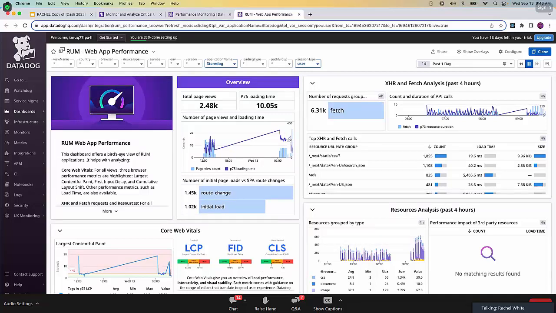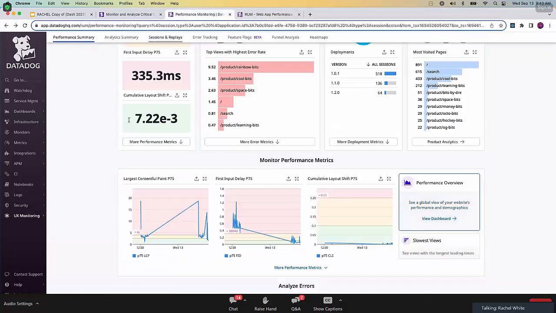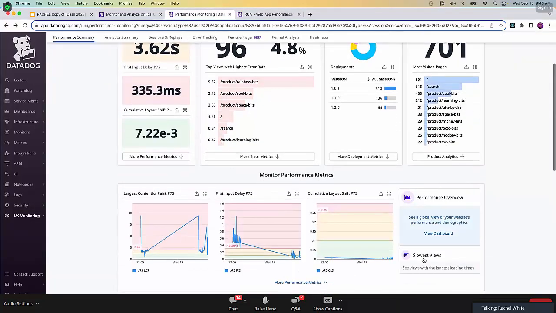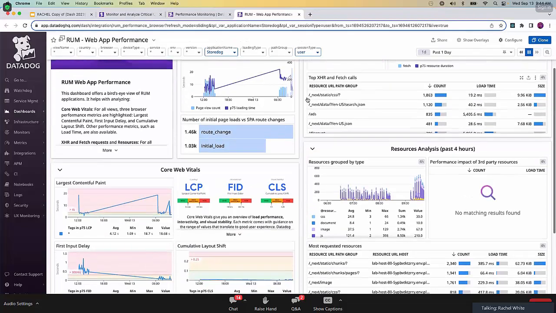If you lost where that was, you can get there from UX monitoring performance summary, which is this page, and click on view dashboard for the performance overview. So once you're on the web app performance dashboard, if you scroll down,